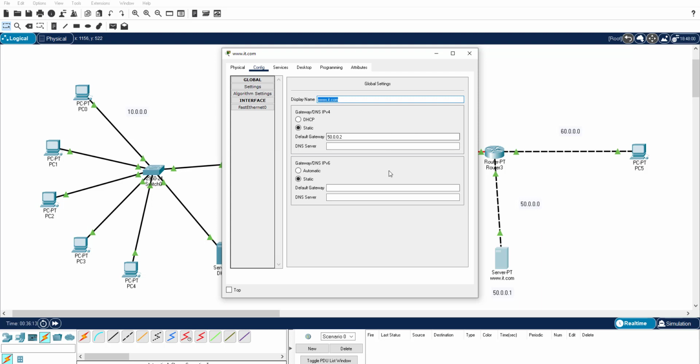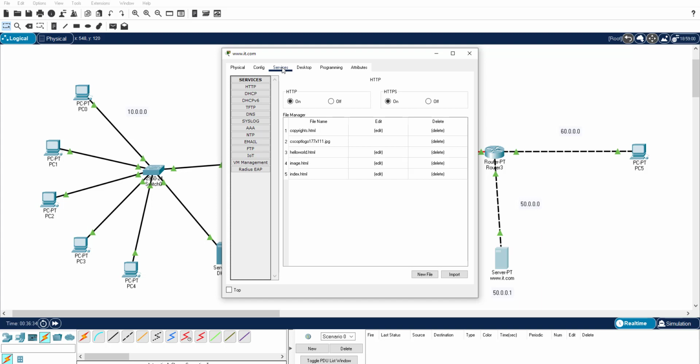Now I want to enable the HTTP service, Hypertext Transfer Protocol. Sorry, not DHCP, HTTP. Once you enable HTTP, only then will this become an HTTP server. Go to Services.